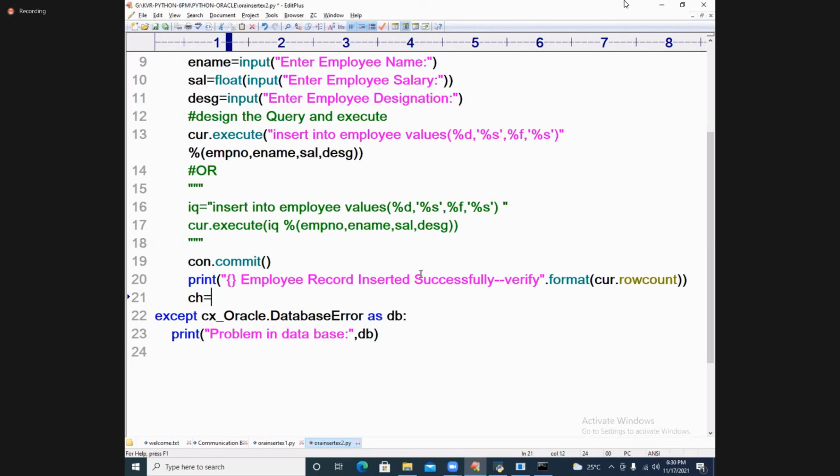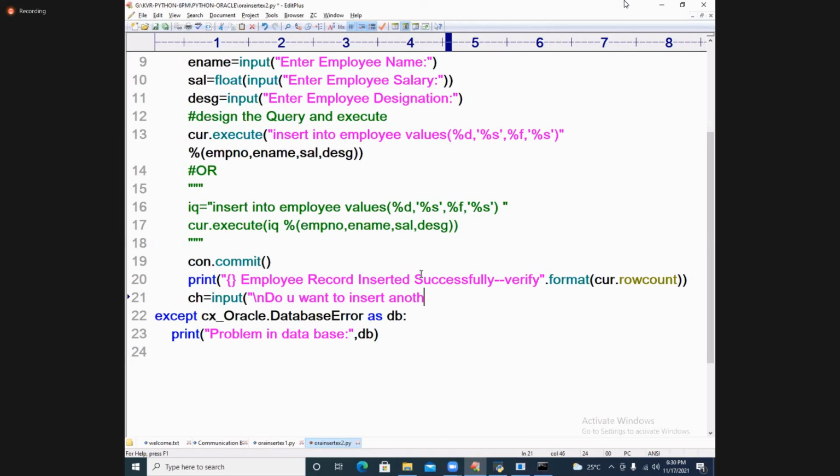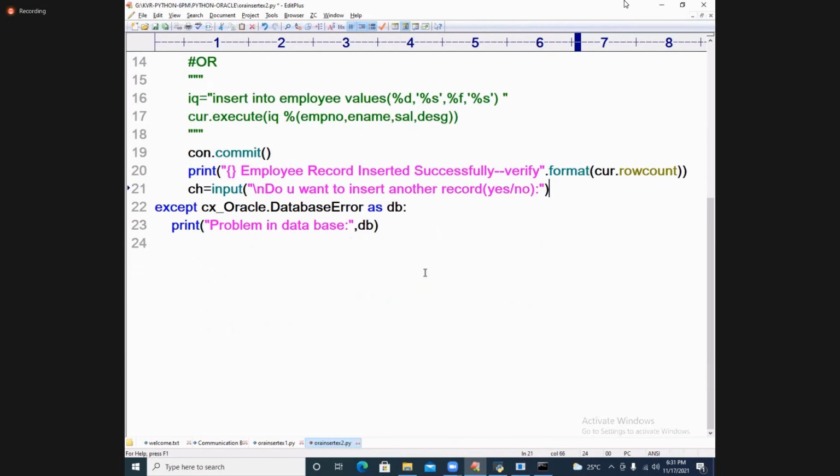ch is equal to input of, and \n. Separately, I'm asking: Do you want to insert another record?